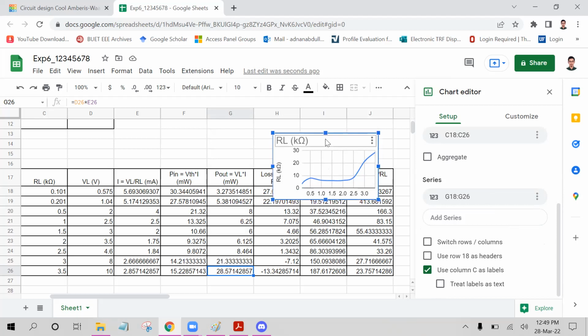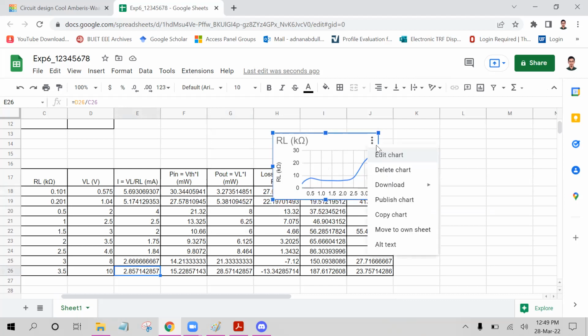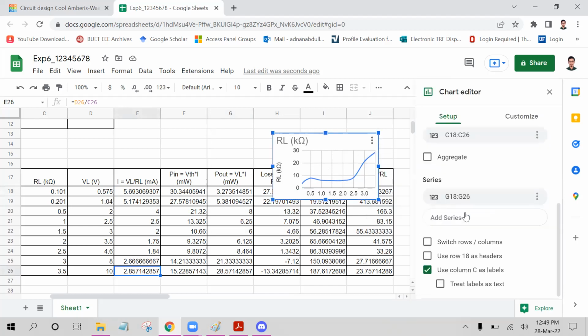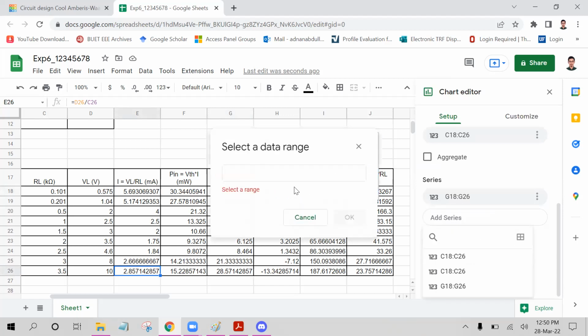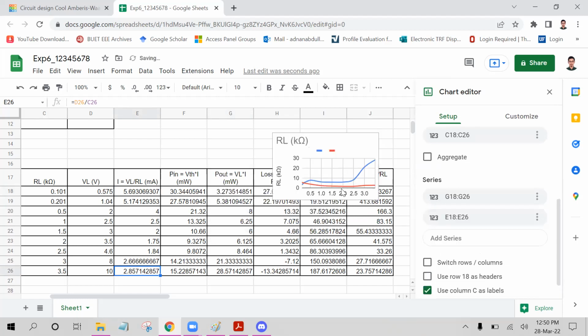In addition to this, let me show you the output current. The output current is here from E18 to E26. Again, I am going to edit chart option, add series, select data range E18 to E26. Okay. So now you can see two graphs. Yes, please. Sir,